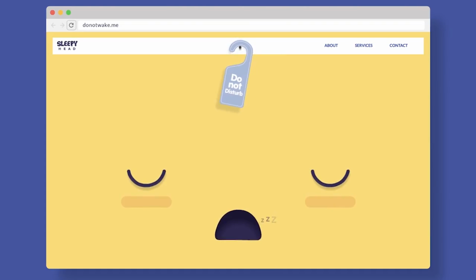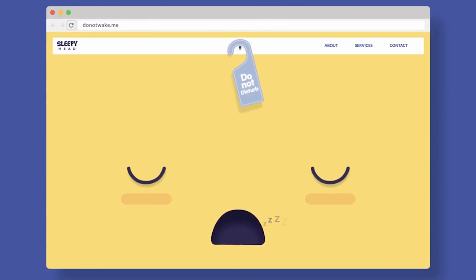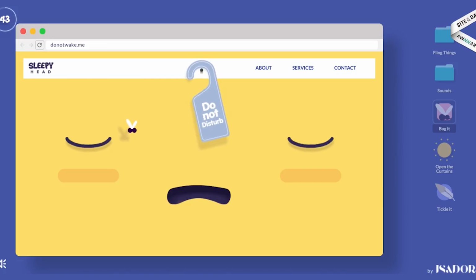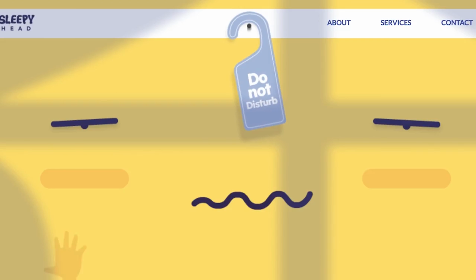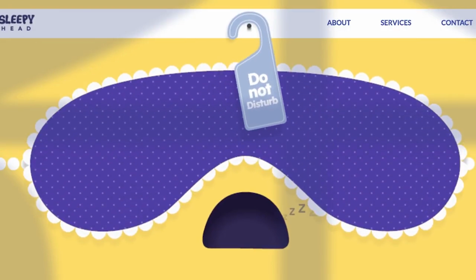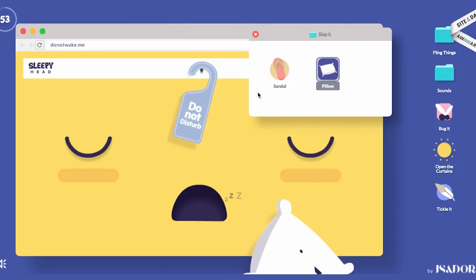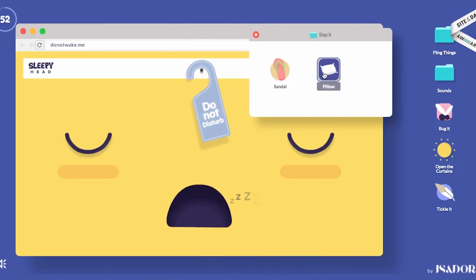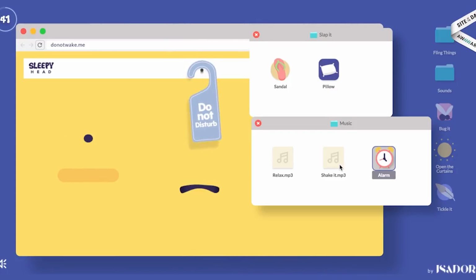Or should I say, wake up, is the next dong. It's all the fun of annoying a heavy sleeper without the danger of being punched. The goal is to wake up this site using a variety of methods, but you'll face obstacles like the hand squishing this bug or pulling down the curtains when you're trying to wake it up with sunlight. You can throw flip-flops or pillows at its face, but for a less injury-prone way, use sounds, including an alarm clock, which would have worked if the hand didn't keep playing relaxing music instead.